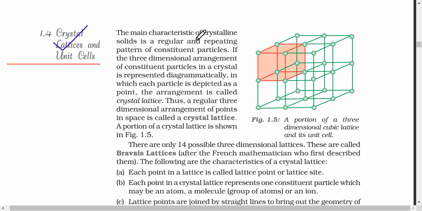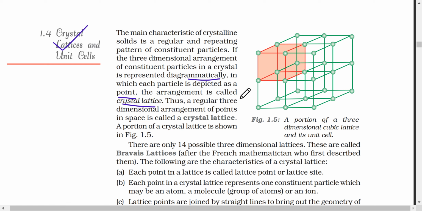So the main characteristic of crystalline solid is a regular and repeating pattern of constituent particles. Fine. If the three-dimensional arrangement of constituent particles in a crystal is represented diagrammatically, in which each particle is depicted as a point, the arrangement is called a crystal lattice. Again,